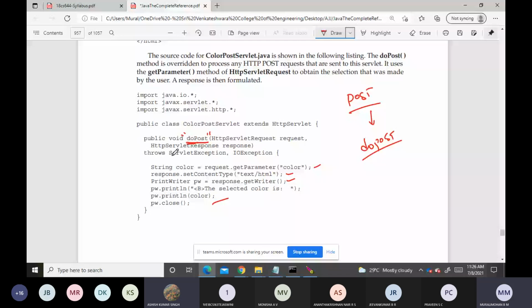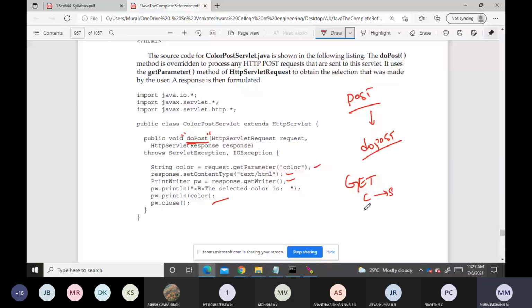Whatever request we make using the get method, I told you, if you use the get method to send a request from client to server, the form data we want to send will be embedded along with the URL.